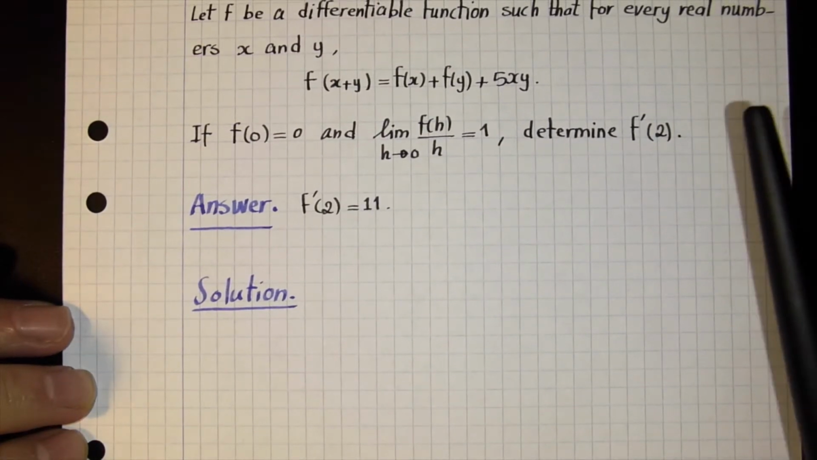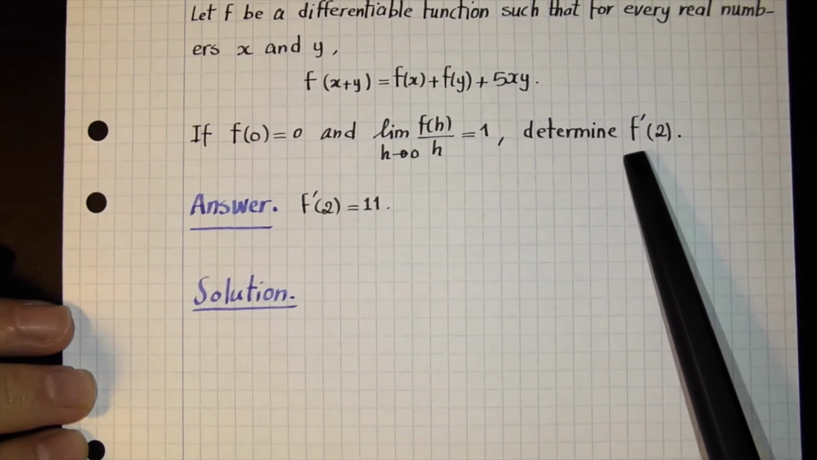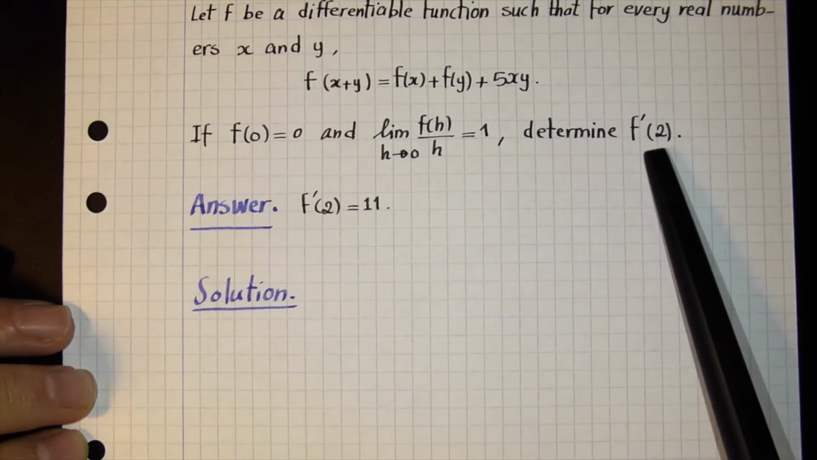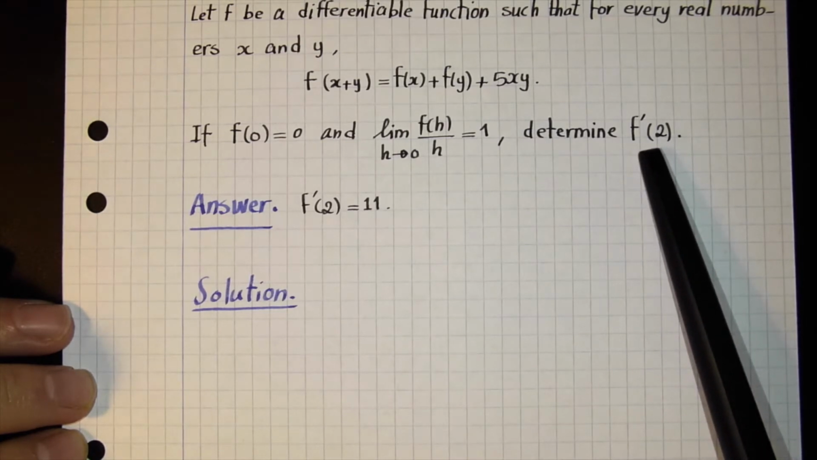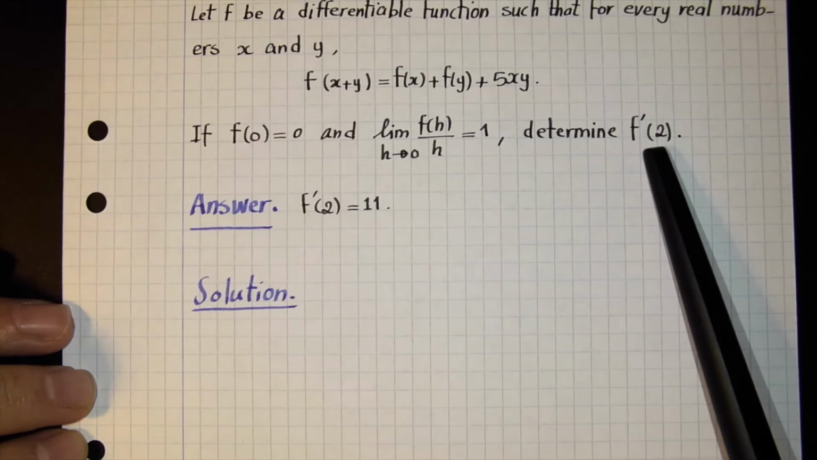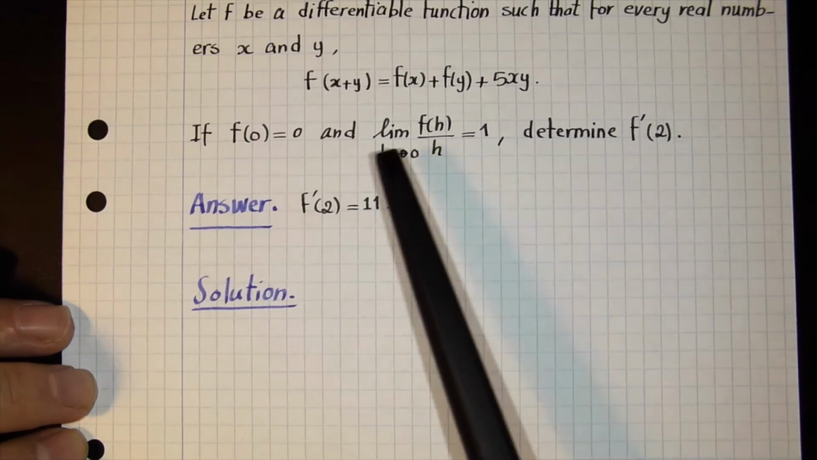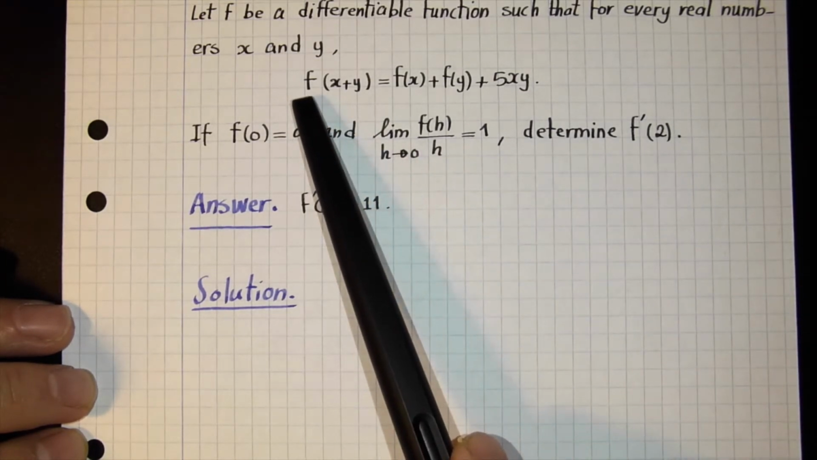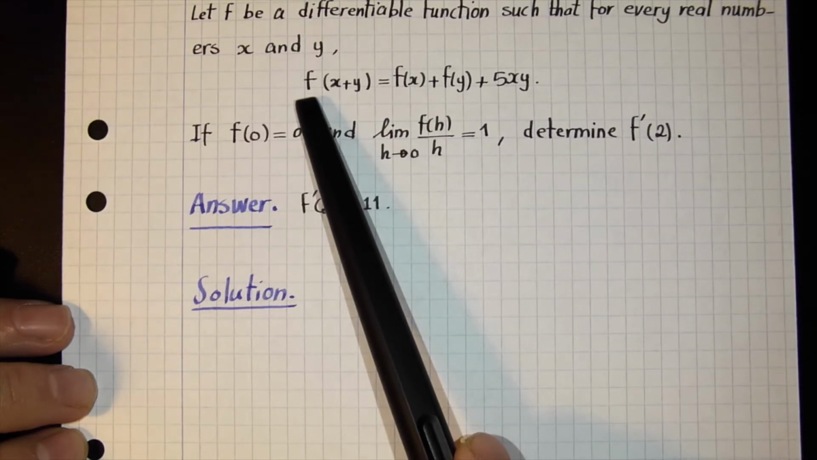You see that the question is about calculating the derivative of a function at a given number 2. Of course, when we usually want to answer this, what we do is calculate the derivative of the function and then replace the x in the function with the given number. But the point is that the rule of the function is not given to you directly, but a property of